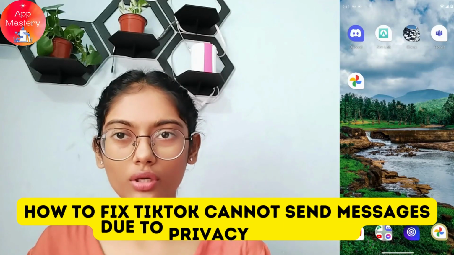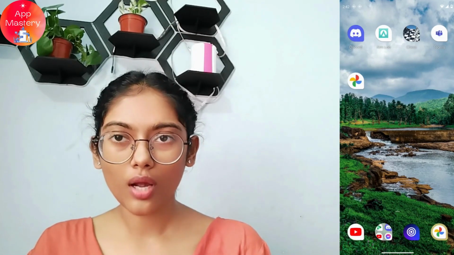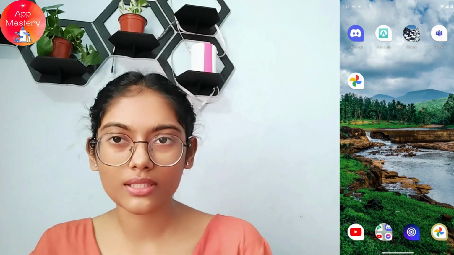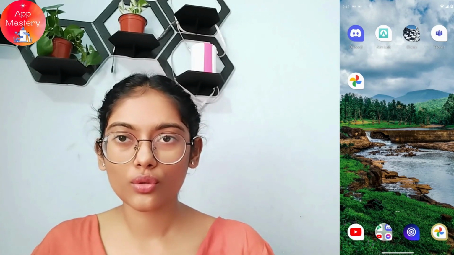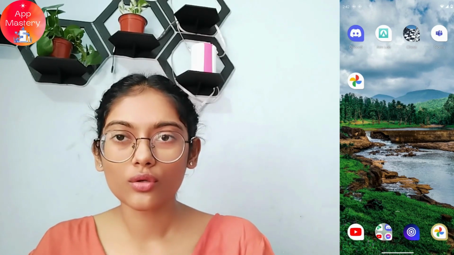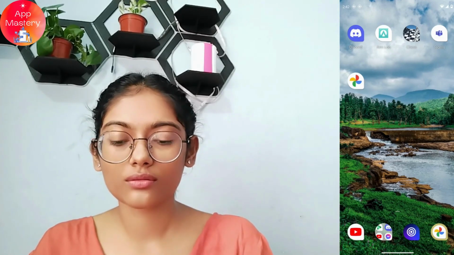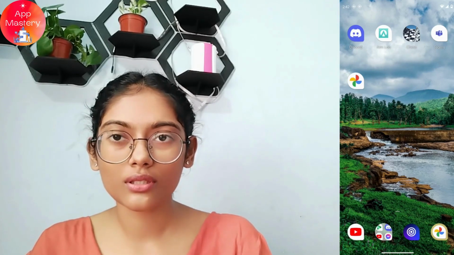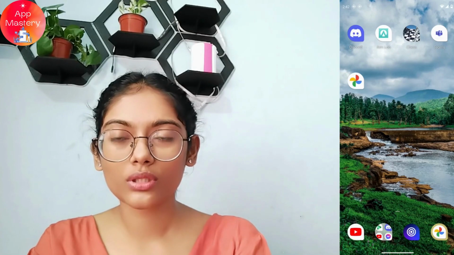How to fix TikTok cannot send messages due to privacy settings. So if you're facing a problem with sending messages, or if it's saying that you can't send messages due to your privacy settings, then the first thing you need to know is the person whom you're trying to message might have disabled that message option, because if that person doesn't want you to message, then you will not be able